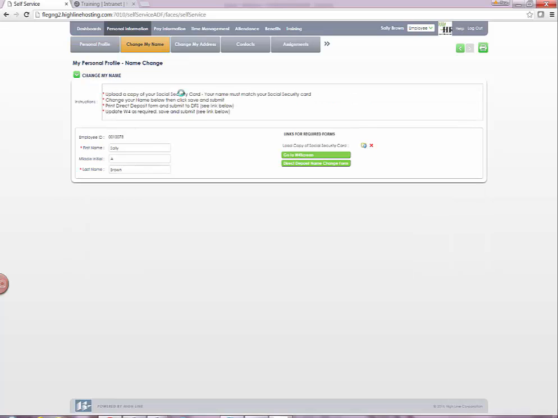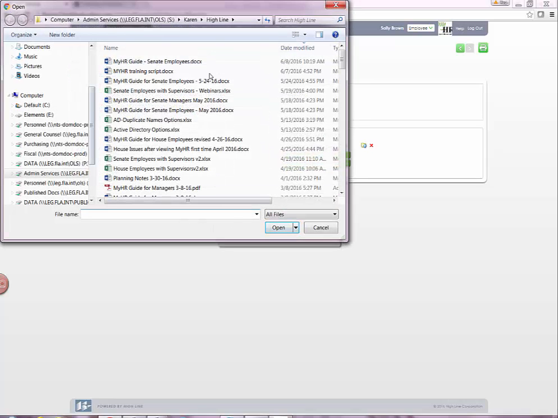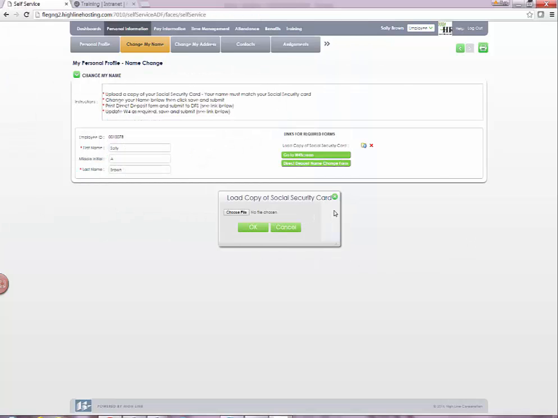So, change my name. This is pretty self-explanatory. If you have a name change of any kind, you will start by reading the directions that are provided at the top of the page, and then enter your name. And the HR office requires supporting documentation. So next you would come over and click the folder icon and choose a file from your already scanned documents, and then click OK, and that document will travel with this request